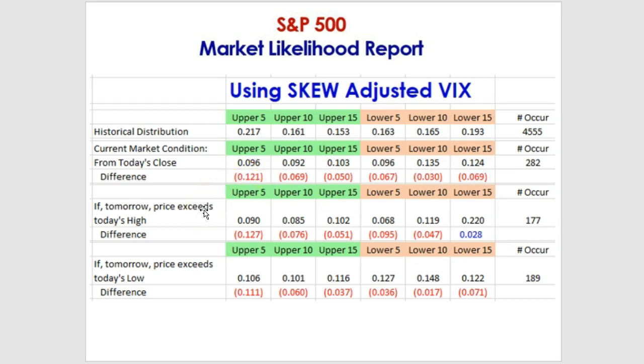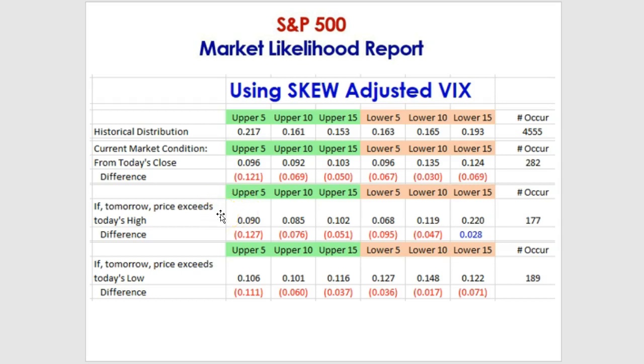Anyway, let's go now to the situation where if price goes above Friday's high, if that happens, what's the distribution then? Also, what's the distribution been if it exceeds Friday's low? What's the distribution in that situation? That way you can kind of get a helping hand there for Monday's open. So